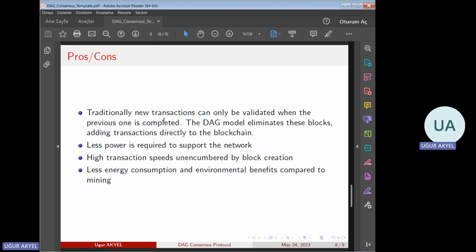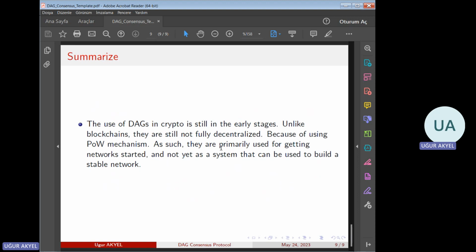And we can see traditional transactions can only be validated when the previous one is completed, but the DAG model eliminates these blocks, adding transactions directly to the ledger. Less power is required to support the network, with high transaction speeds unencumbered by block creation, less energy consumption, and environmental benefits compared to mining. In summary, the DAG is a new tool